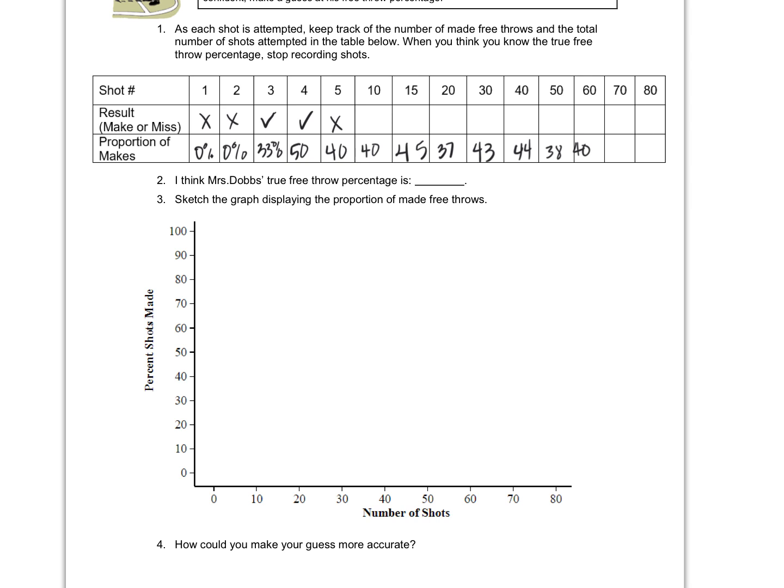Where did I mess up? I messed up somewhere. Let's call it 40 and 41. All right, so if I'm using that